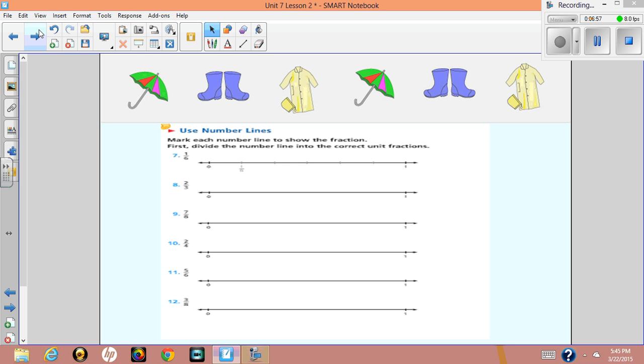Now let's look at the number line. We have one demonstrated for us. Again, 0 to 1. And we have divided it into 6 equal parts. So let me just count these with you. 1, 2, 3, 4, 5, and 6 is always going to be on the 1, because that is how we represent the whole. 6 of 6 is 6 parts of the whole. So we have identified, it indicates here that we need to represent 1/6, and here's where